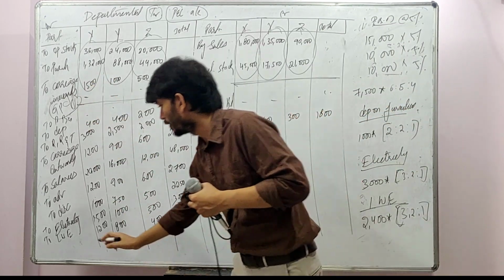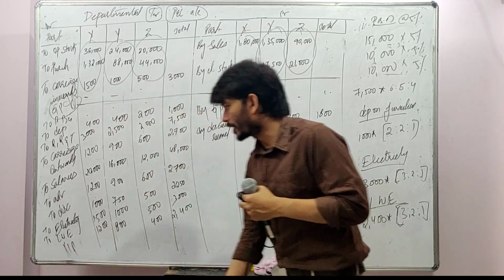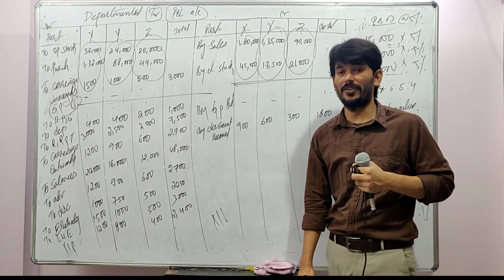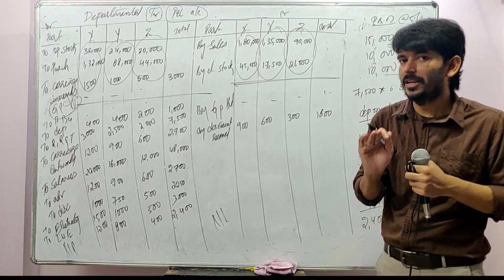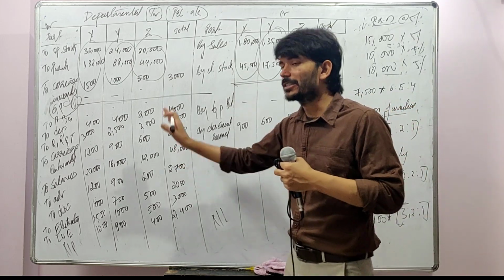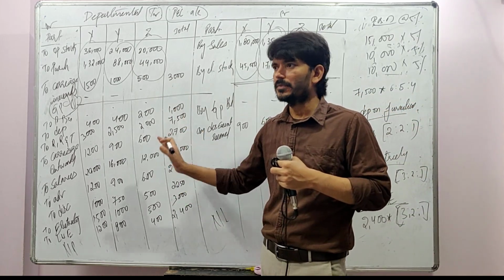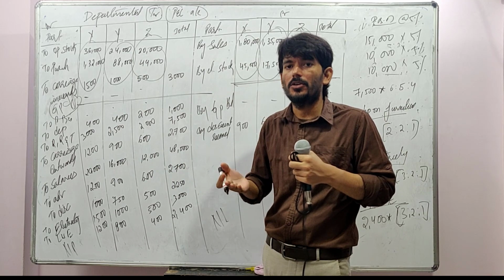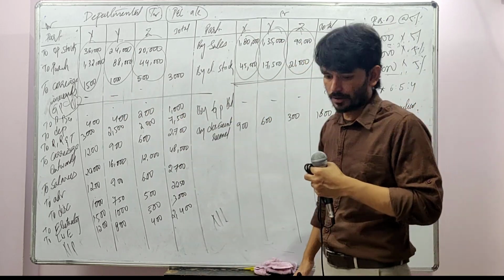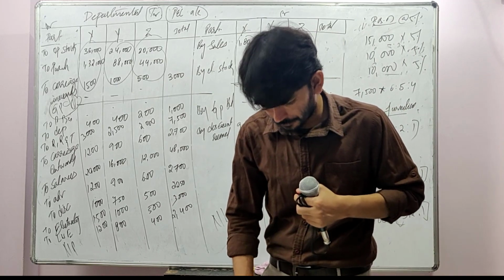If you are getting a positive, that is your net profit. If you are getting negative, that is your net loss. Okay, so there is no twist in the question, but don't think that you wasted your time in solving this problem. It has given you some base to solve the main crux of a problem. Okay, so this is illustration number 4.